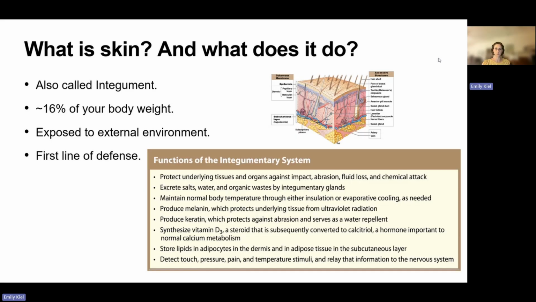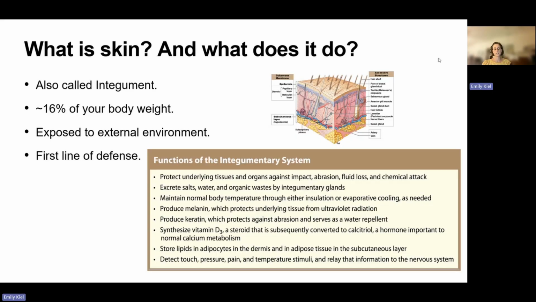Can you think of which category of organic macromolecules steroids are? Hope you thought about them being a lipid. And these steroids are going to be converted to calcitriol, and this is a hormone that's really important for our calcium metabolism. The integumentary system stores lipids in our adipocytes and the dermis and in adipose tissue in the subcutaneous